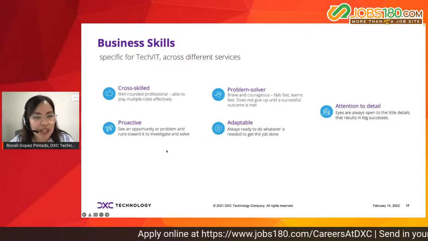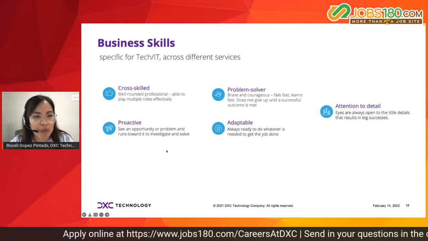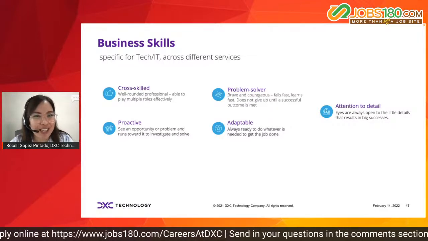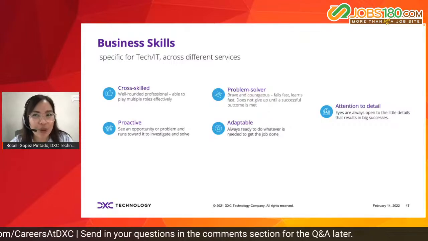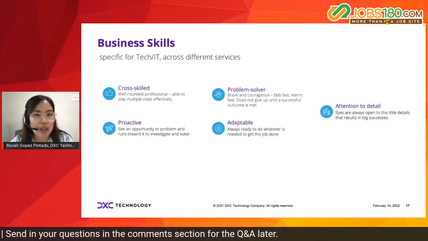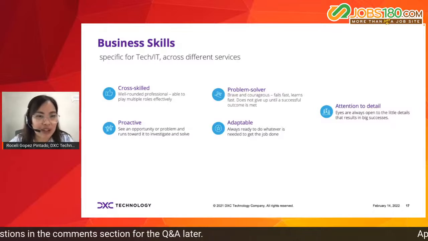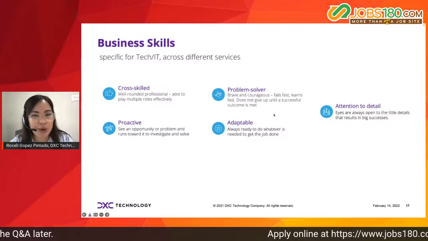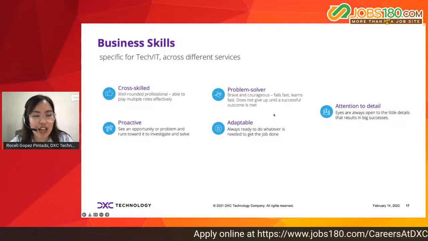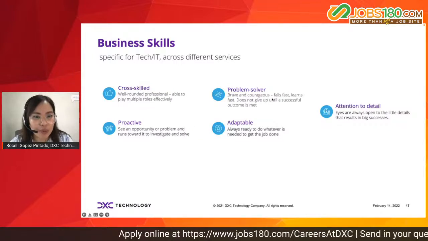Proactive means that when you see an opportunity or problem, instead of running away from it or ignoring it, you run towards it to investigate and solve it, or to see how that opportunity can be taken advantage of, right? Problem solver. This is also being brave and courageous enough, right, to